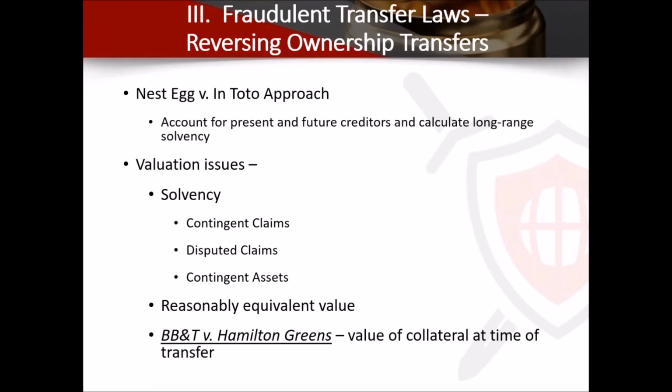And we had touched on these valuation issues, which comes down to insolvency. You have to prove insolvency on constructive fraudulent transfer. Contingent claims, well, those are worth less. That's less of a debt. Disputed claims, it's not the whole claim. It's the percent of the claim that's likely to occur. And they have to do with the equivalent value. And like this BB&T claim where he claimed, look, when I made the transfers, the property was worth more than the loan. So you didn't have insolvency. You kind of have indirect insolvency because he was a guarantor, but his intent was not to avoid the creditor.